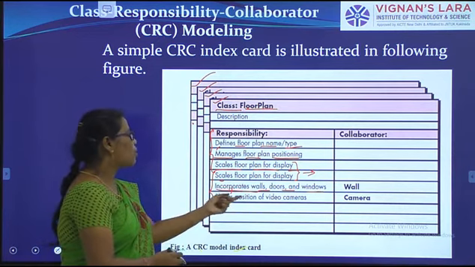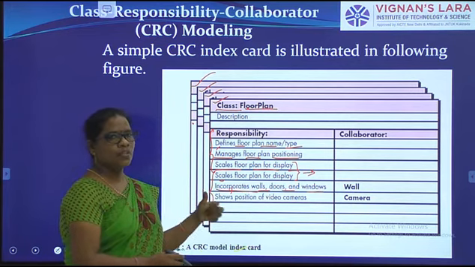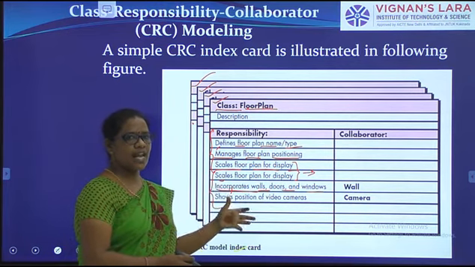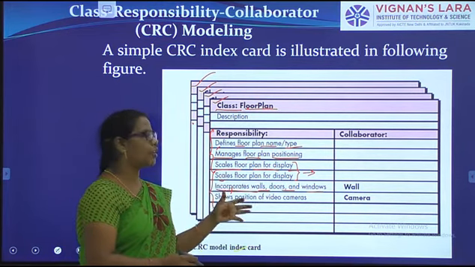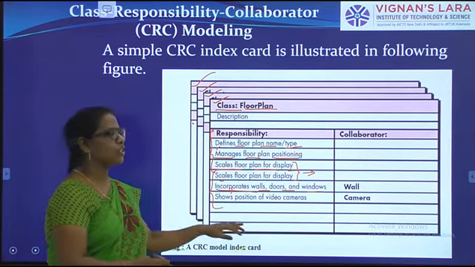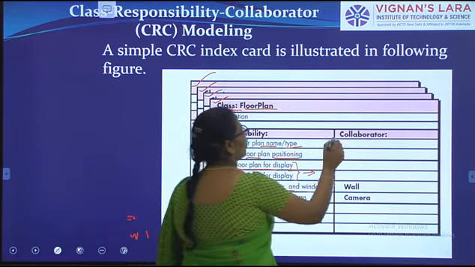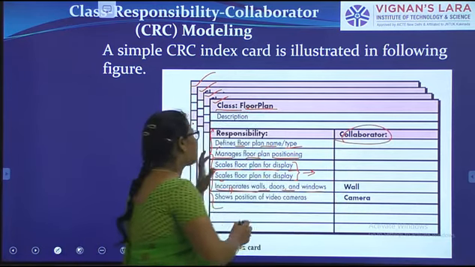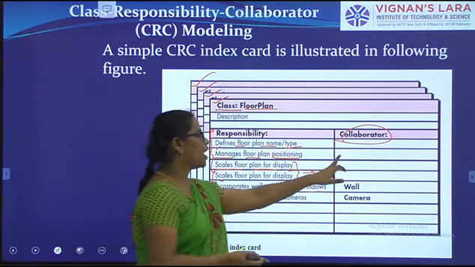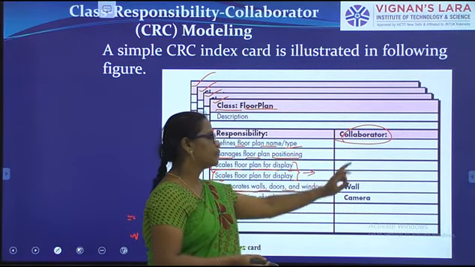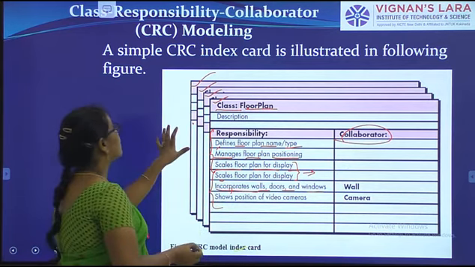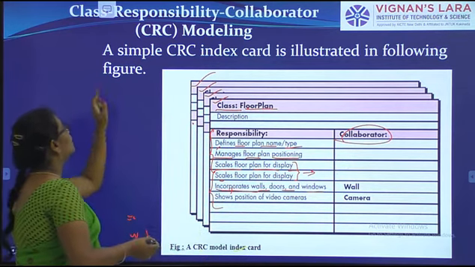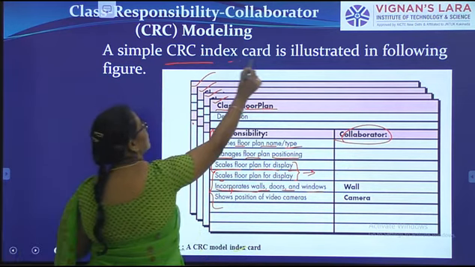And next, show the position of video cameras. Whatever we require for that class or software product, we have to write down all the responsibilities. And here, the collaborators: in order to represent these responsibilities, we have to use the collaborator.